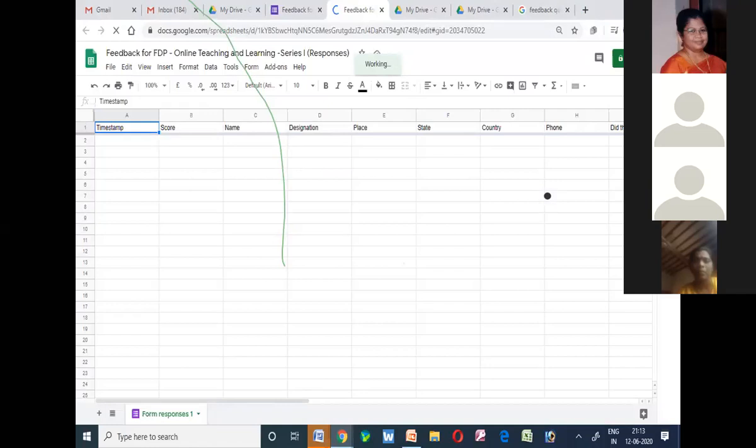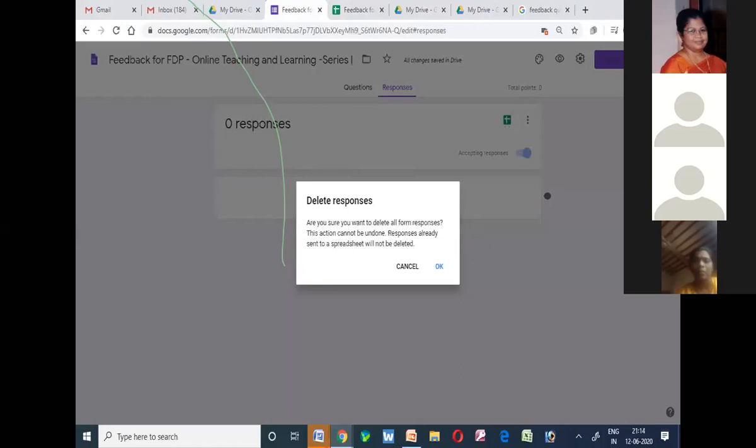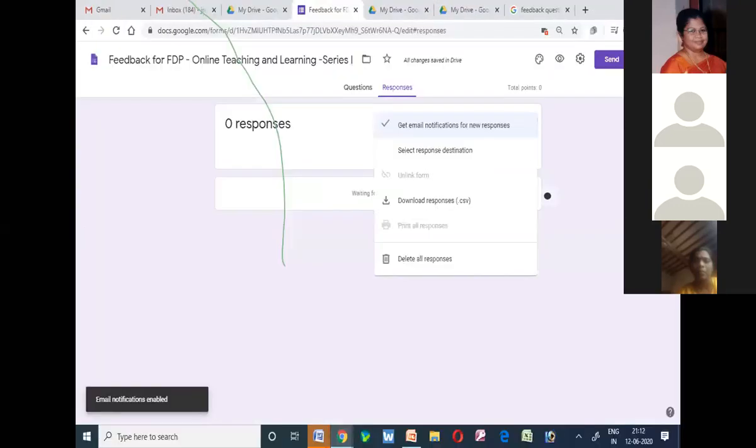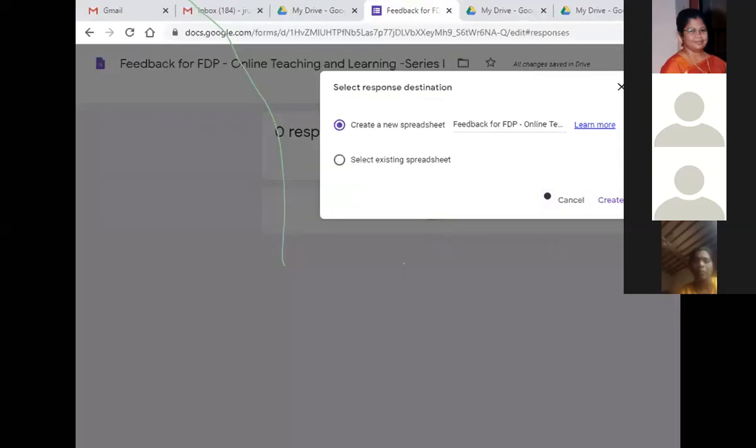For all the questions you have created, a big sheet would be created with all the responses. If you want to delete all the responses, you can delete them, because we already have the delete all responses option. Similarly, if you want to download that as a comma separated value sheet, you can download the responses as a .csv file, which you can use later for your reference.